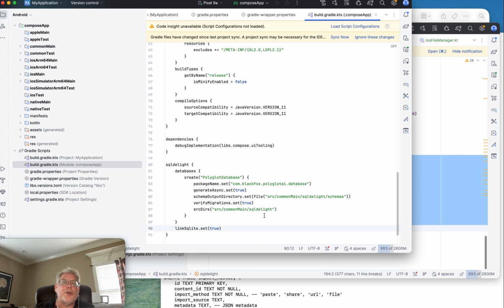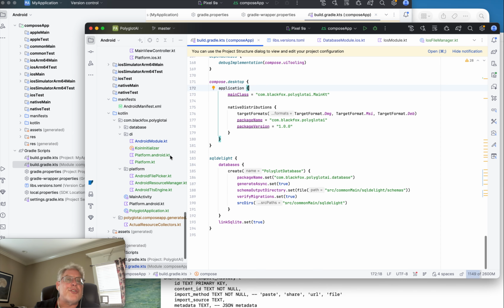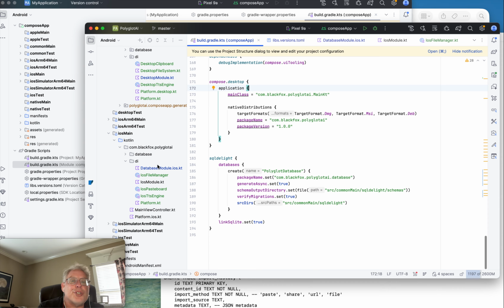So then you tell it where to put all your directories. You'll see that I have everything under common main sqldelight. My schemas go here. I have it set to generate an async database. For iOS, I actually had to make it synchronous. Just because I wanted an async database as a general rule, it won't always work. You'll sometimes get compiler errors if you try that. So you'll then have to go to having a synchronous one, and